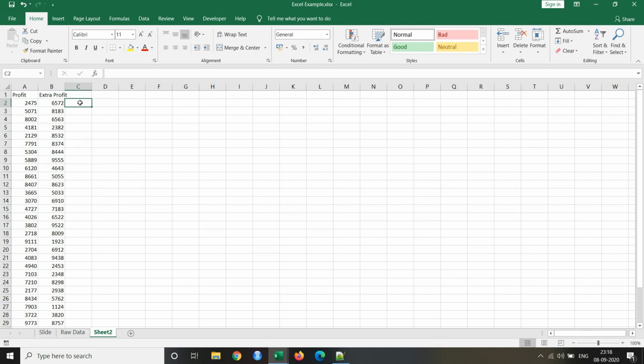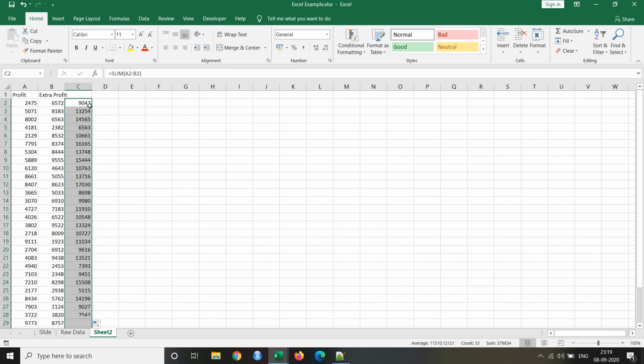Now if I need to use the sum function, then again I have to put equal to sum, then I have to take these two values. So I went to my first cell which I have to take, and if both of the cells are in continuous position, then I'll just press shift and the right arrow key, or if I have selected B2 first, then I will press shift and the left arrow key, and then I'll close the bracket. So this is our sum. Now either you can drag this formula or you can copy paste it in your entire range, right?